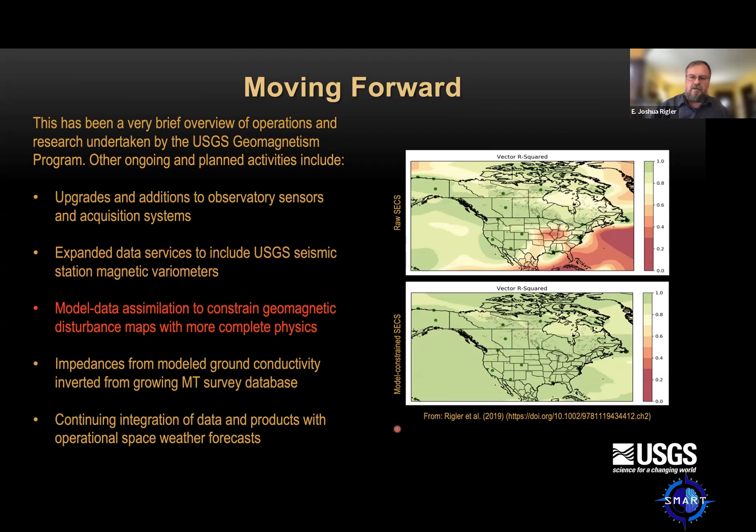That's kind of what we're showing here, some work that I did recently. If we did just the raw inversion and interpolation between these magnetic observatories, we do a pretty good job if they're not too far apart. But when you start to get large gaps between the observatories, you see a lot of red where we're not predicting well. Green is good, red is bad. Well, if we can constrain the solution with output from research space physics models, we can actually improve our predictions. So much more green in that plot.